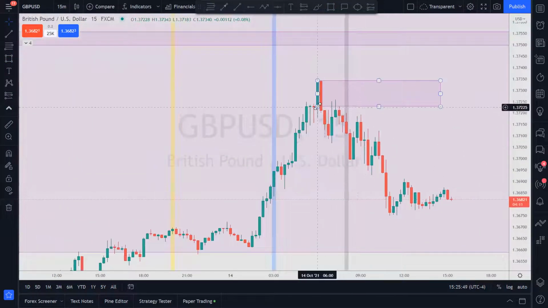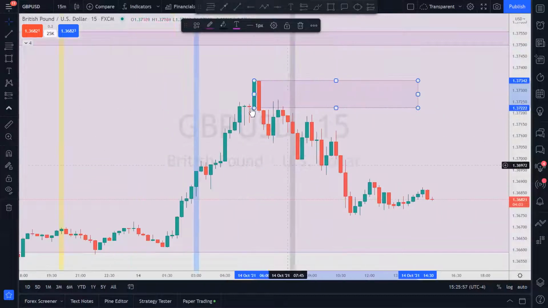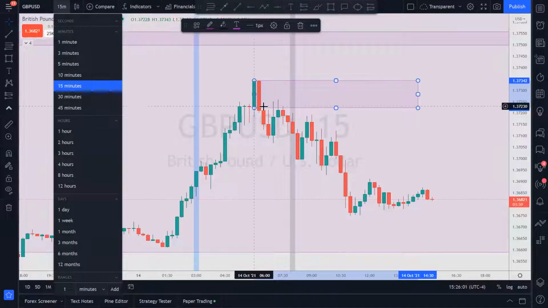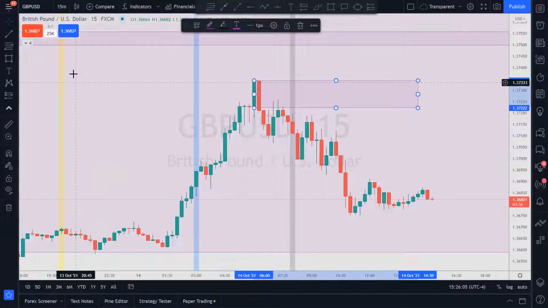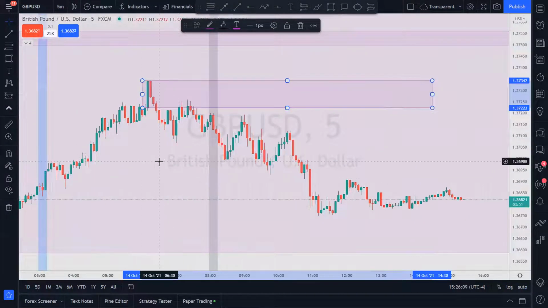Okay, and price does go away from it, comes back to retest it. Look at that, 1, 2, we're all up into this order block, and this is on the 15-minute. Now, at this retest, I'm going down to the lower time frames, going down to a 5-minute, so I can get a clearer look.